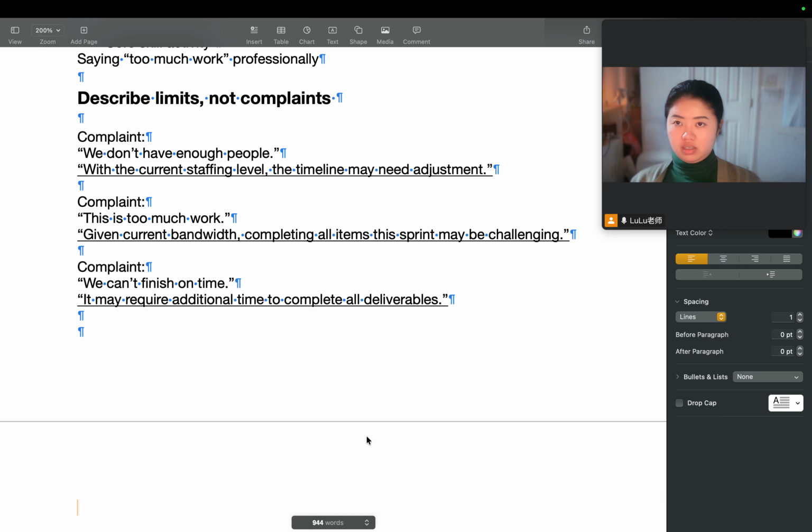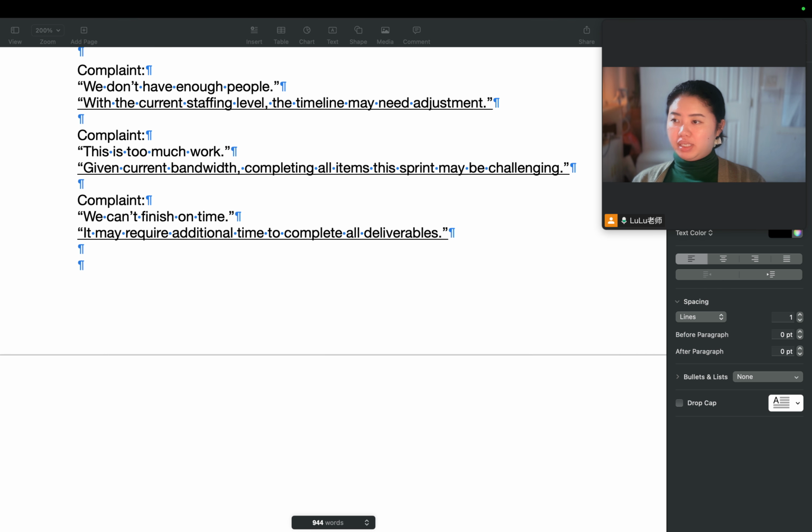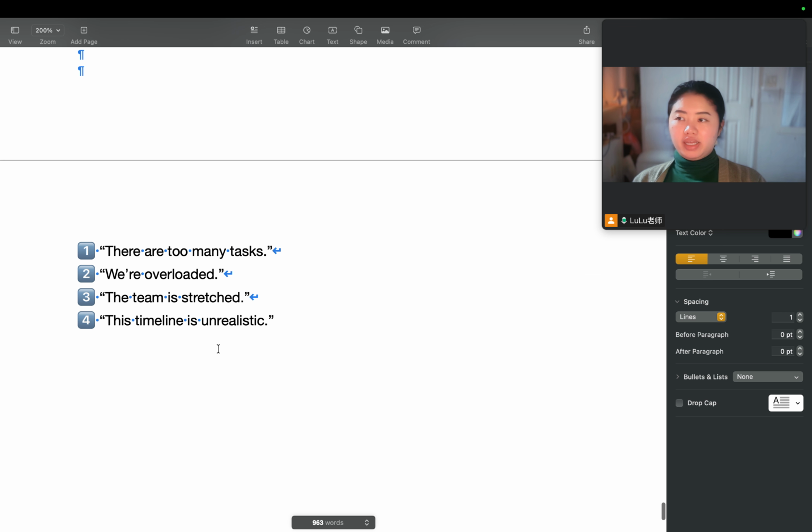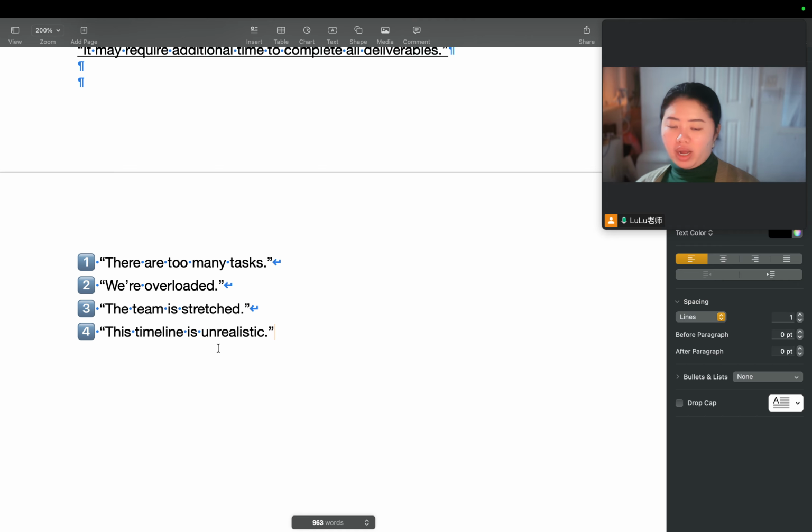Fabulous. Okay, so we are going to try some more. I will place it here for you to look at. All of these are complaints, and you're going to make them into a professional setting. So this is where I, one by one, with my student, help him get each complaint expressed in an upgraded professional way. I will refine his tone gently.